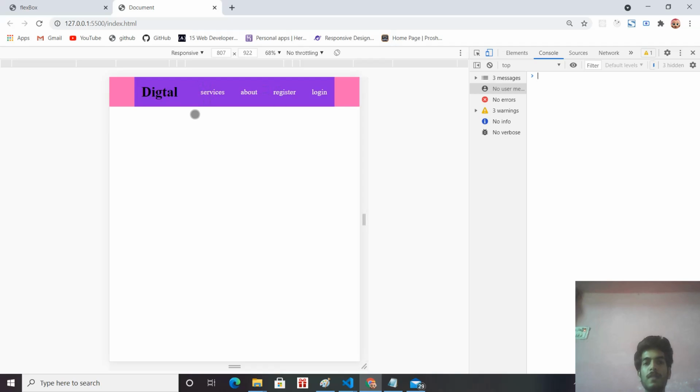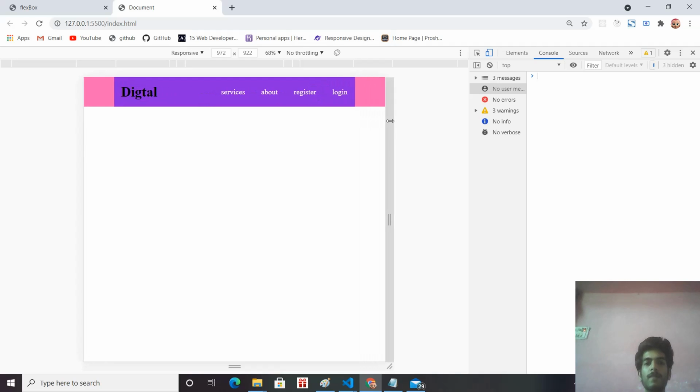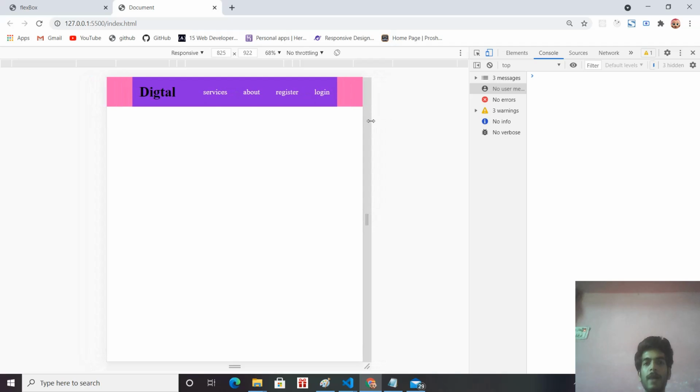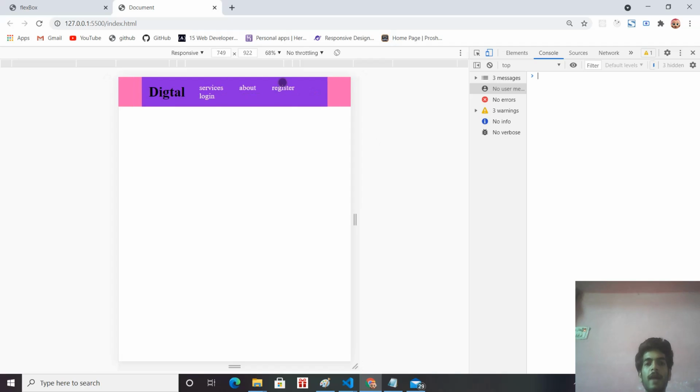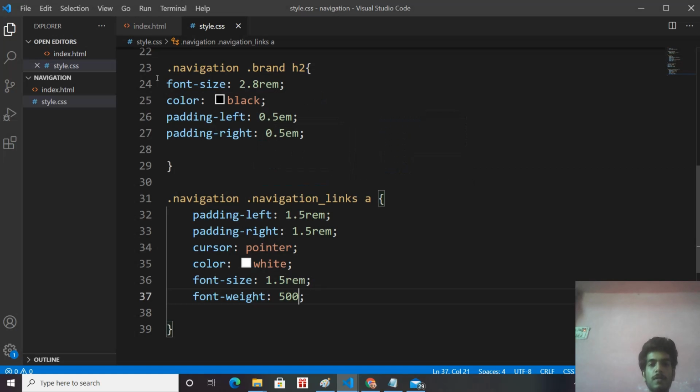Instead of these links, we want our hamburger menu to appear at the place of these links. Okay, so how can we achieve this?